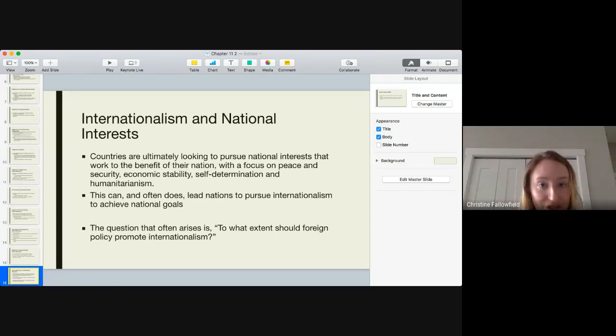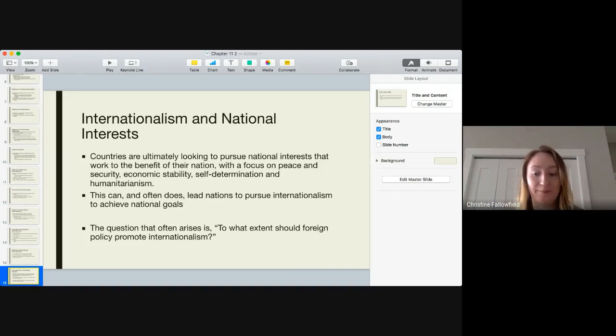So the essential question that we're going to talk about all throughout Unit 3 is, to what extent should foreign policy promote internationalism? Is it to a full extent as long as it's liberal, to a minimal extent if it's revolutionary, to a moderate extent if it's hegemonic? That sort of thing. So the conversations we're going to have, and the question you need to ask yourself as we go through case studies and as we forge forward through this unit is, what amount of internationalism is here? What kind of internationalism is here? And why is it working?